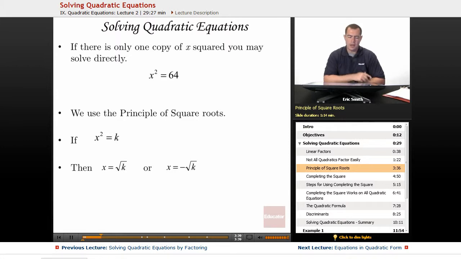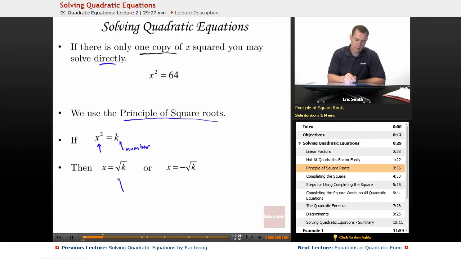In this type of quadratic, we only have one copy of x that is in the quadratic equation. So you don't have another x, just one copy of x squared. In these ones, the good news is you can solve directly. And this uses the principle of square roots. What that principle says is that if you have something like an x squared equals to a number, then you can really split this into two. You can split it into x equals the square root of that number, and x equals the negative square root